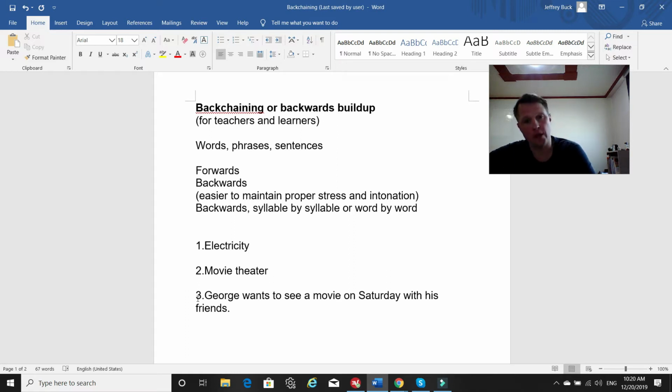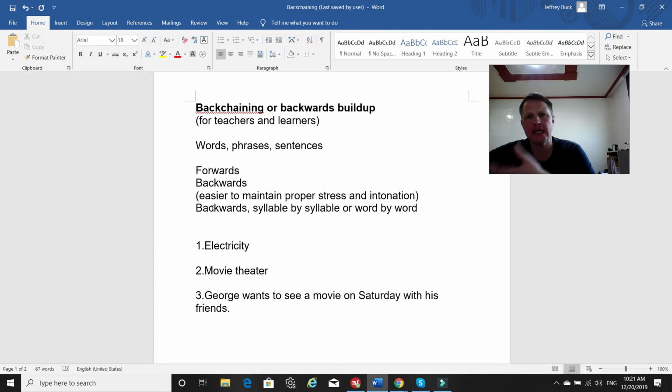George wants. George wants to see. George wants to see a movie. George wants to see a movie on Saturday. George wants to see a movie on Saturday with his friends. You can do sentences either word by word or broken down into phrases. But the problem with practicing going forwards is that